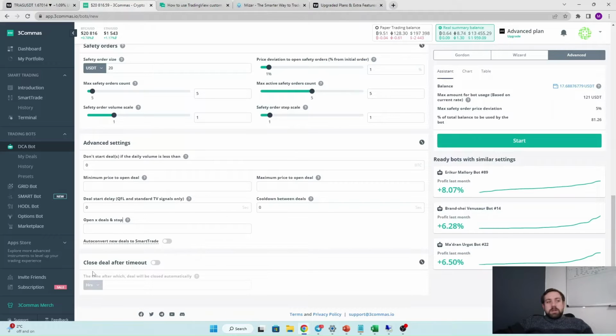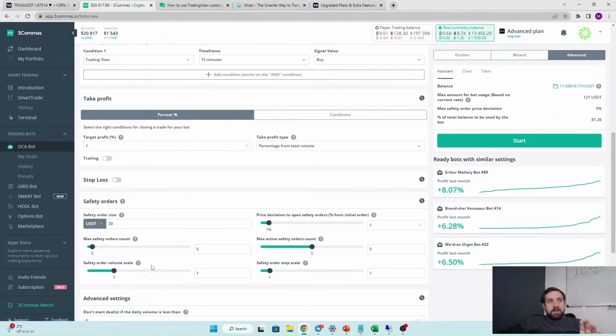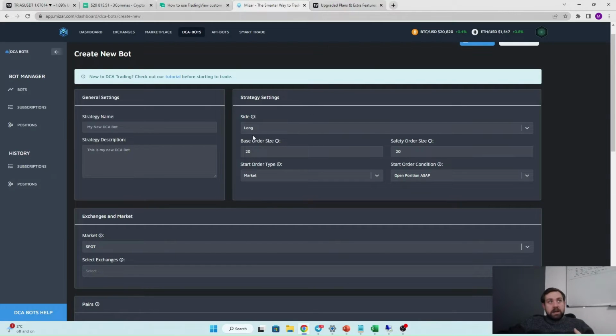Now, close deal after timeout, we've looked at that in the indicator in part 2. And you can select that there and choose the amount of hours, minutes, or days to close out the deals. Now that's the easy way in 3Commas. What we'll do is we'll take a quick look at the easy way in